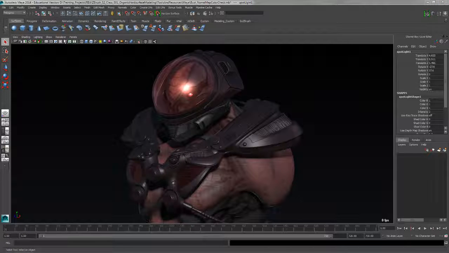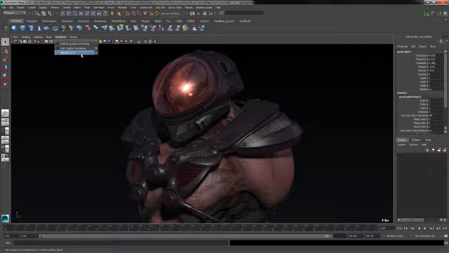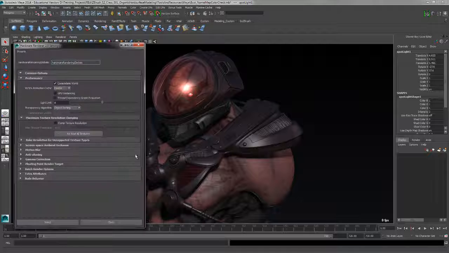What we can do is use, under the Viewport 2.0 settings in here, there's actually a button that reloads all the textures for the scene, and that becomes pretty handy because we can be inside of Photoshop, save out a texture, hop on over to Maya, and then just click this button and it reloads all the textures and shows you the updates to those textures that you've painted. So it's possible to hit this button like this to reload all the textures, but what we could do is